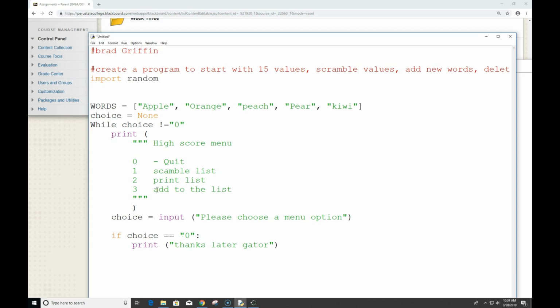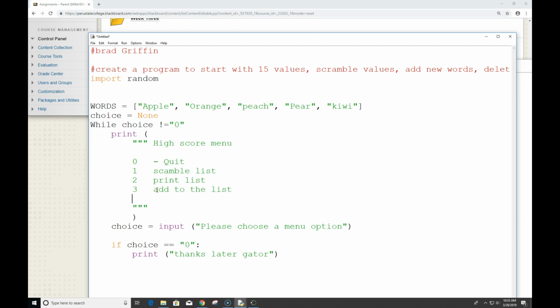Would you need a 4 for what? If you want to put that in there, yeah. You could have a 4 for delete item in list. And if we look back at the inventory and some of these other programs, we've got all the tools to do that. So we could set up our menu then and set up all of our items and get those put in there. So you could have your